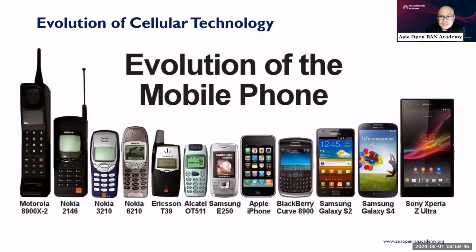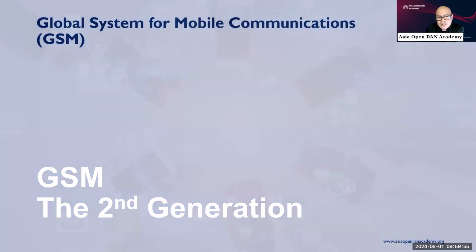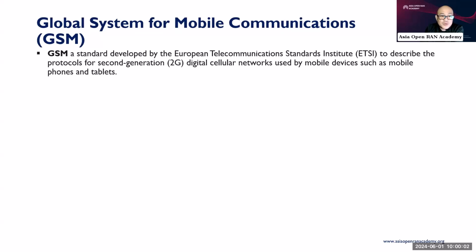But we will start with the GSM because the 1G is no longer significant nowadays. The GSM or the second generation, we call it the Global System for Mobile Communications. Okay, so GSM is a standard developed by the European Telecommunications Standards Institute or ETSI to describe the protocols of the second generation. So this is a digital type, nung first generation. The first generation was analog. Andun yung AMPS, TACS, no, and the other